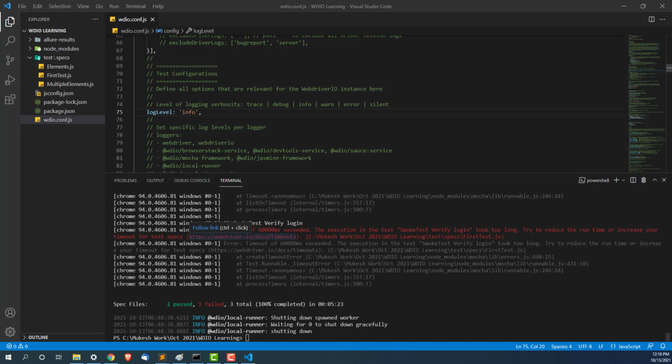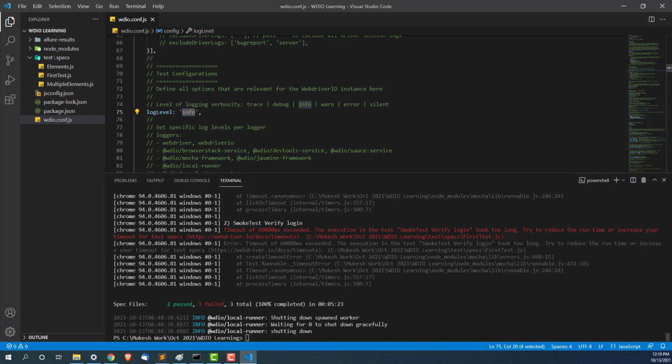But the main goal was that initially, before installing Java, it was not even working. Then we installed Java and we reloaded the VS Code. After reloading the VS Code, now when we executed, since we had 3 spec files, all executed, 2 passed, 1 failed. The one which is failing is because the browser is too slow for that particular session. Okay, so if you face this issue, now please change this log level to info or debug, and rectify.